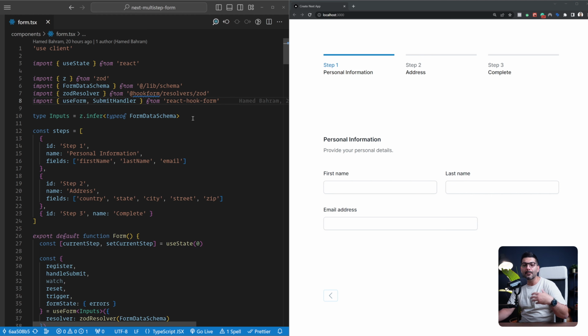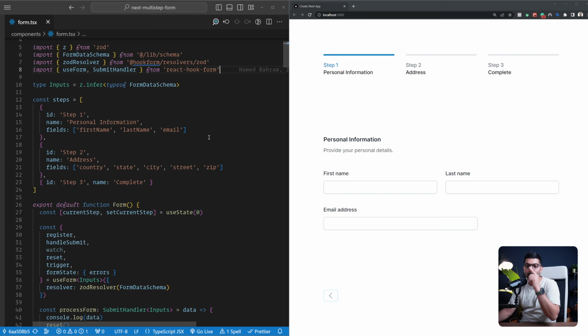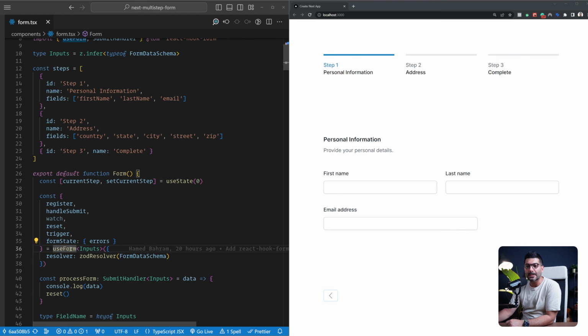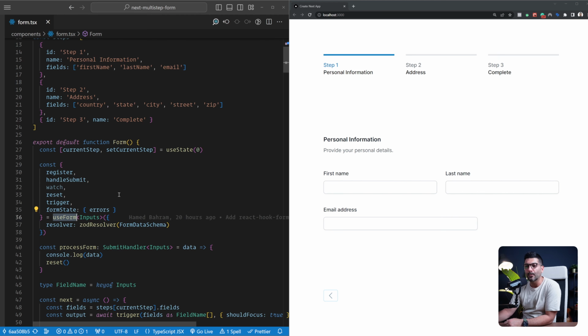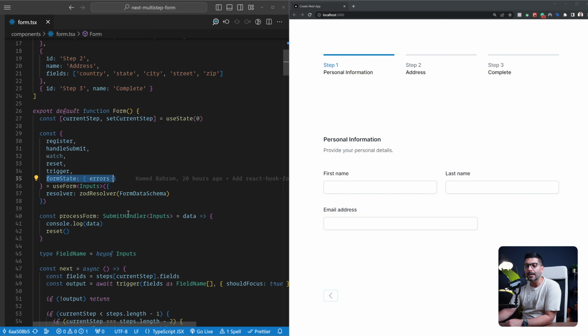Here, the main purpose of this video is not how React Hook Form actually works, but how you would implement a multi-step form using React Hook Form. Nonetheless, one of the main hooks that you would use from this library is the useForm hook. It is going to give you some functions and some objects back that allow you to register your fields, submit your form, watch different fields, reset your form, trigger validation, and some form state,